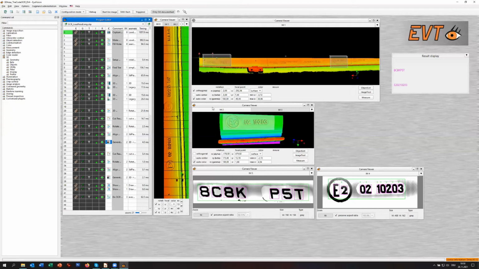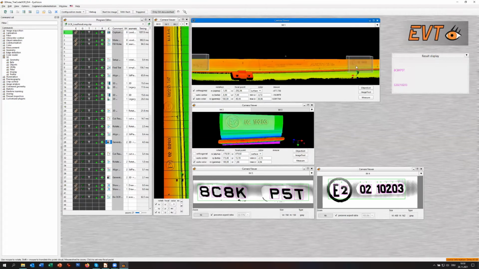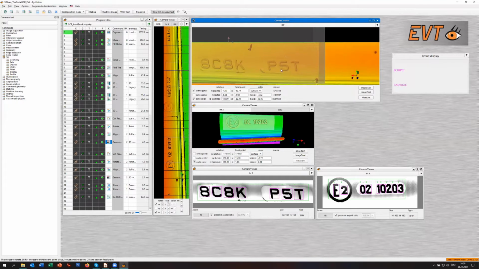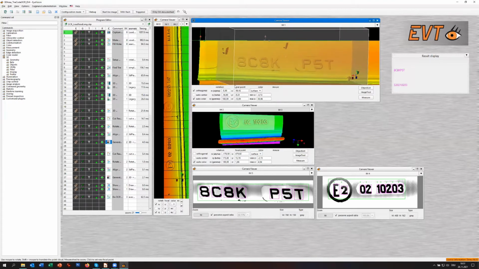In this case, it means if you have at the beginning the point cloud, it's the best thing you use the point cloud tools to generate a perfect point cloud which is flat. And after you have done this, you simply can use the 2.5D image and the OCR reader to do the